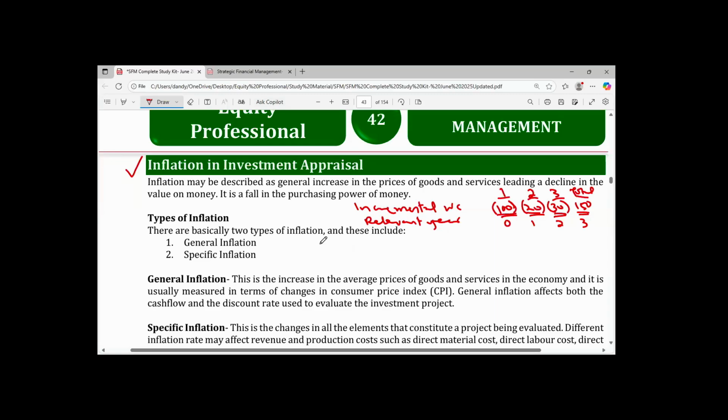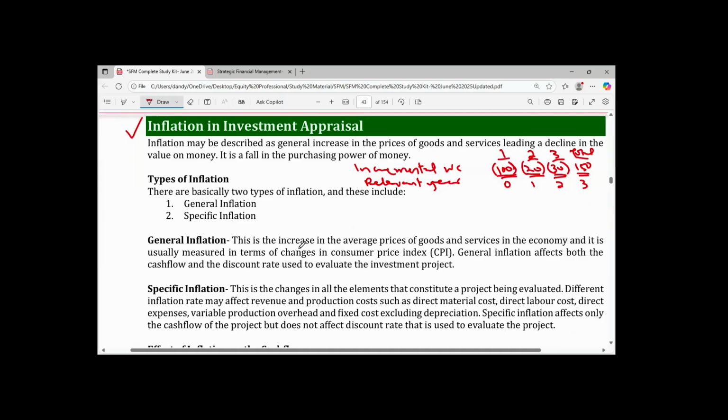You're welcome. So let's go to inflation in capital budgeting. Let's talk about the impact of inflation in capital budgeting. Of course, all of us know the meaning of inflation. We don't want to dwell so much on this. Inflation is a general increase in the prices of goods and services, leading to a fall in the value of money. As a result of inflation, the purchasing power of money will fall. The amount of goods and services that you can buy with money will decline. For example, you have 100,000 naira. What you can buy with 100,000 naira in 2024 is not the same thing in 2025